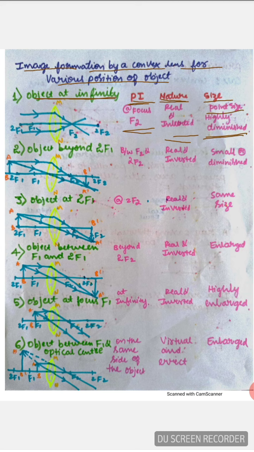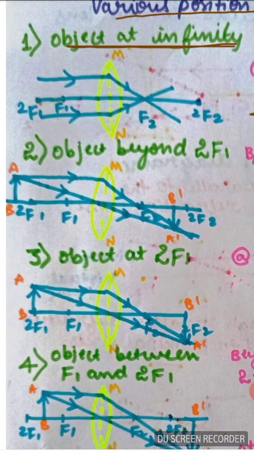Okay, so now we will place the object beyond 2f. So here this is f1, sorry, this is 2f1. Okay, so this is f2, this is 2f2. So we are placing the object here, beyond 2f1. When the object is placed beyond 2f1, one ray we send parallel to the principal axis. So what happens after refraction? Here this is the ray I am sending.